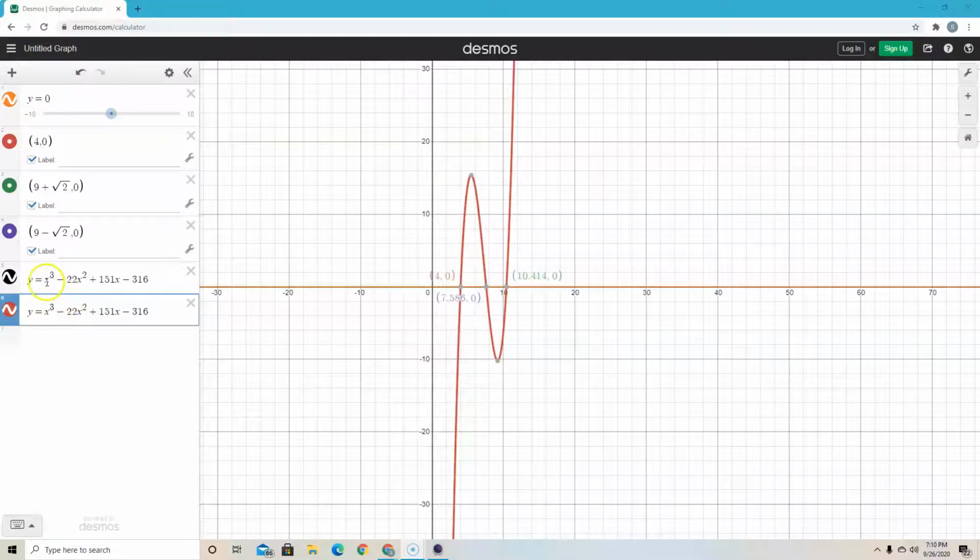So all I did is copy it and paste it here. So of course it's the same graph. What happened was the minus 316 was missing. I didn't copy the whole part. But now I did. I see it. And now if we take this polynomial